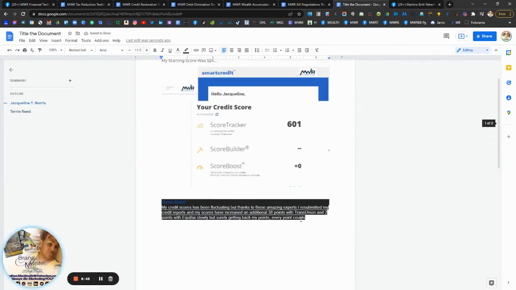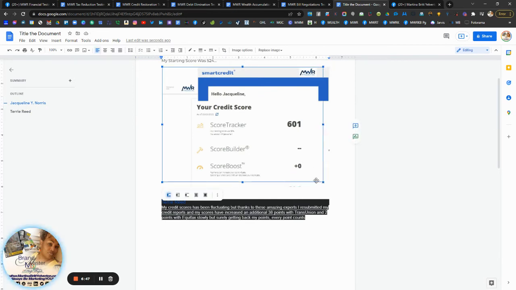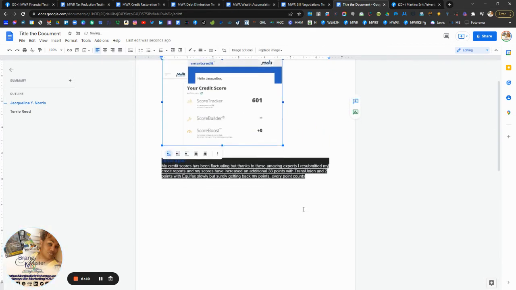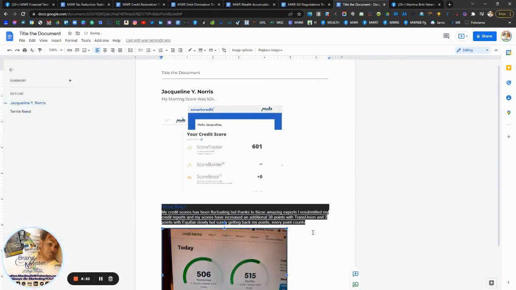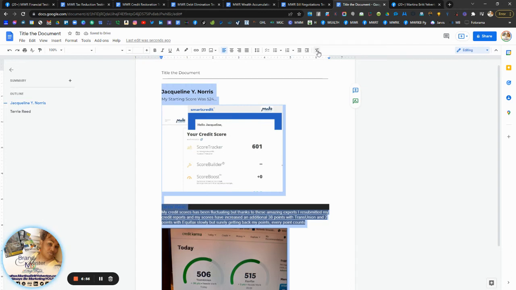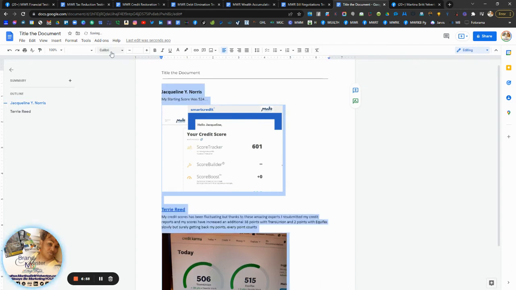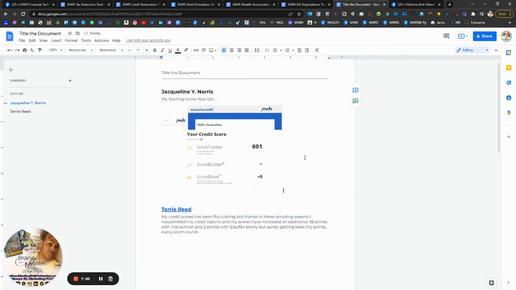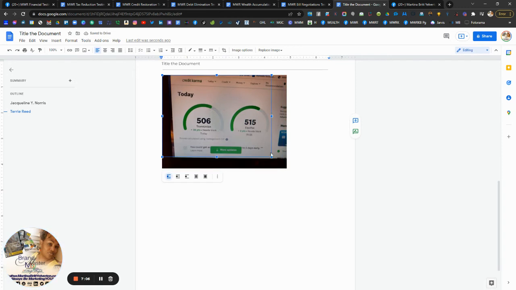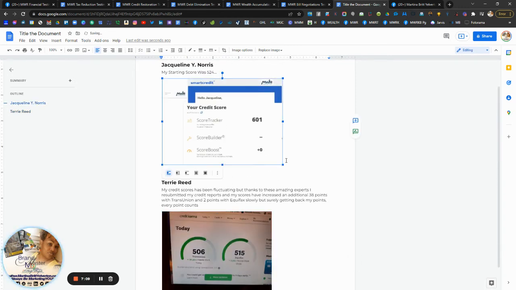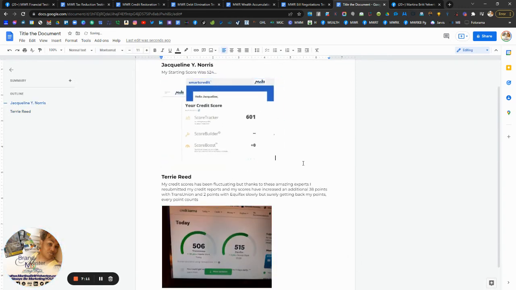Now, if you're trying to conserve space and be able to see them easily, you're available to grab at the corner and bring it down so that you can get more on the page. So should you choose, totally up to you how you do it. Highlight it all. Let's get rid of all of that formatting that it puts in there, and do according to what you want to do, how you want your document to look. I like my document always clean and inside the font that I choose to have my document in, but that is just me. So that's if you actually want to grab the testimony and name before the image.